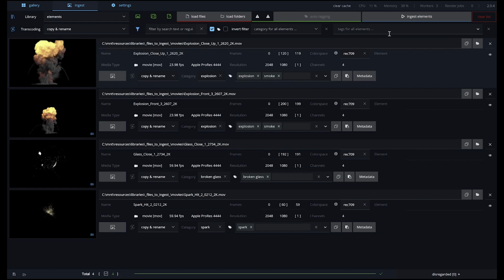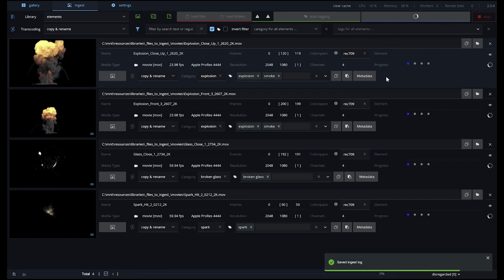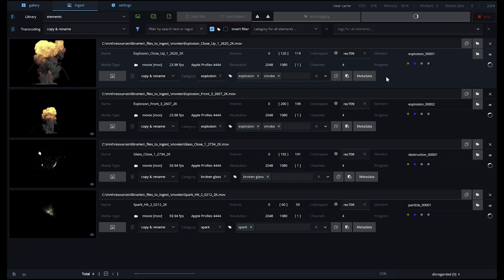So after that's done, we can click ingest, and it will now register the file path to the database. It will copy and rename the source media. And after that's done, it will generate the proxy files, like the thumbnail, the proxy movie, and so on. As we can see, all dots are green, which indicates that the software successfully ingested the element and rendered the